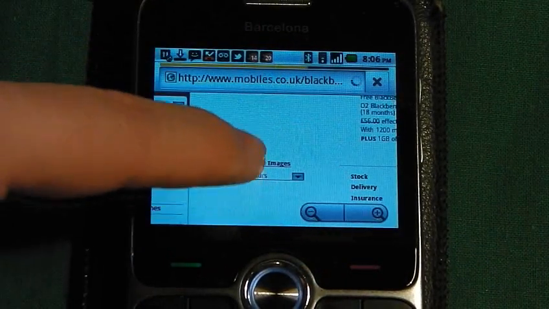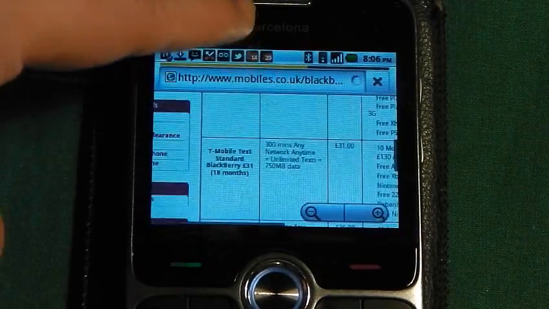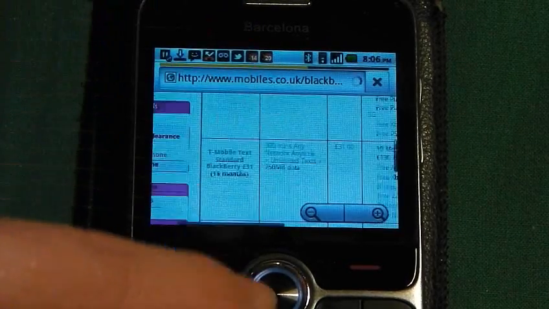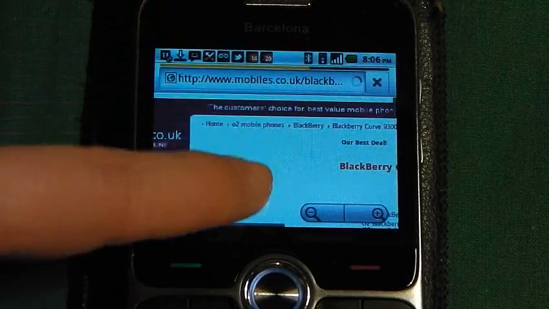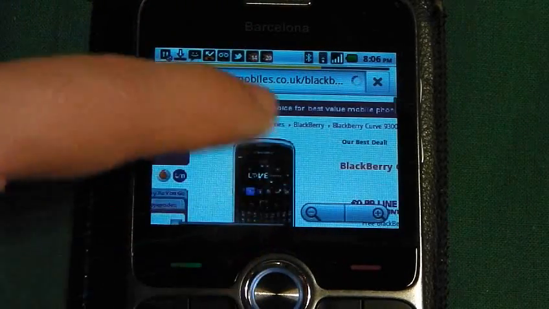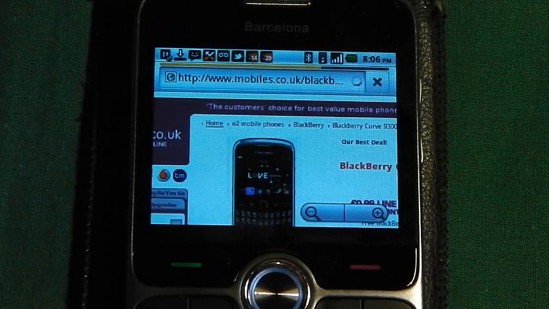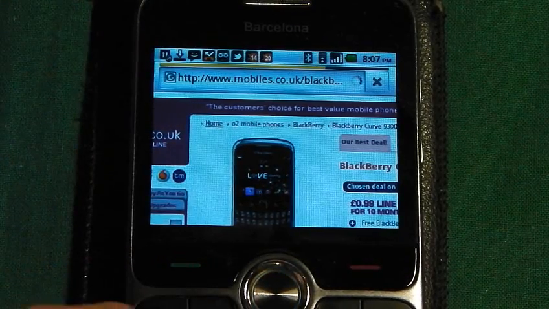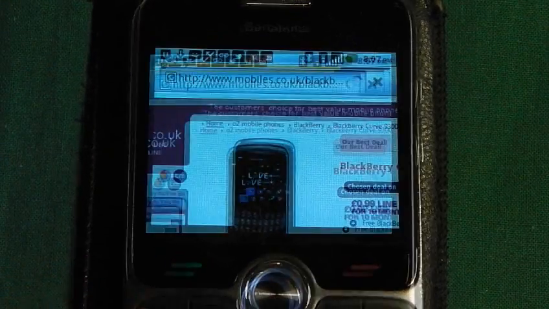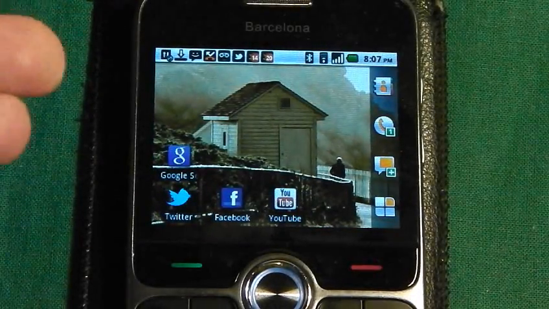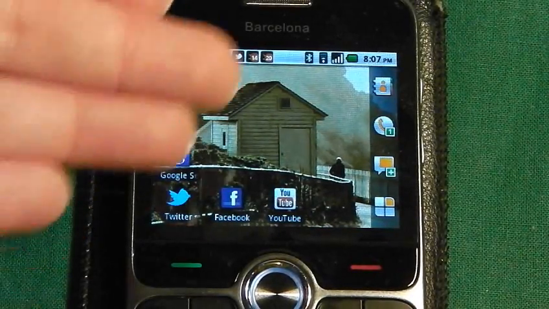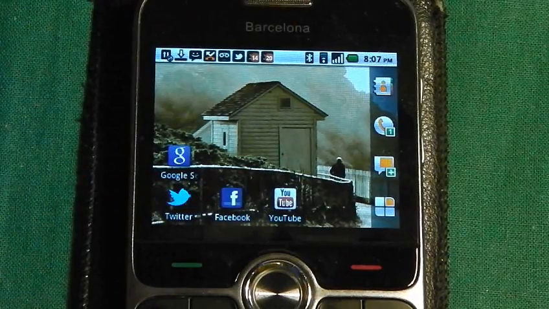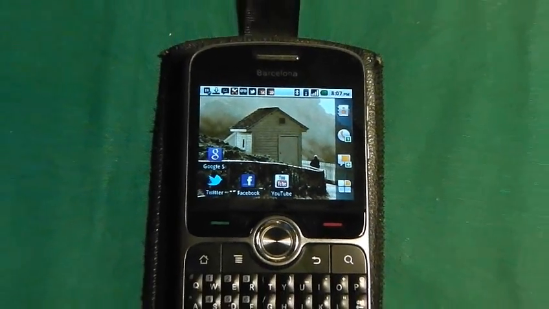Now obviously having the ability to have the touchscreen does make a difference, because you don't have to rely on the trackball to go around the screen. So having a touch screen does make a bit of a difference if you're going to be on the internet a lot. So there you go, that was the Google search, Twitter, Facebook and YouTube on the Orange Barcelona